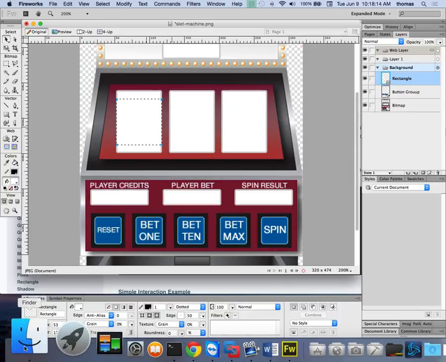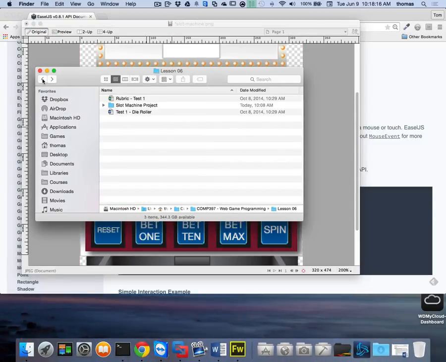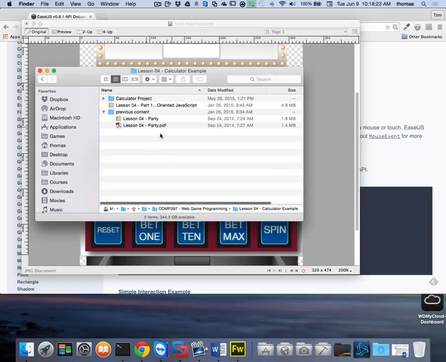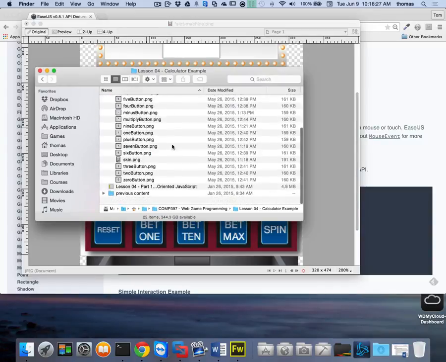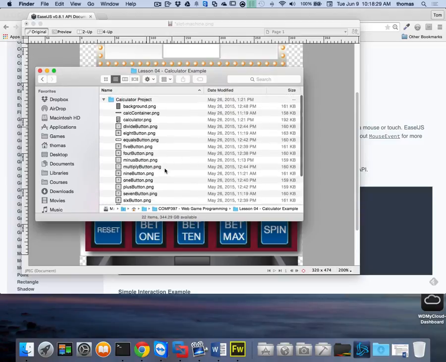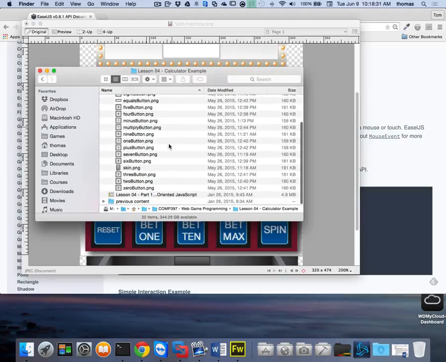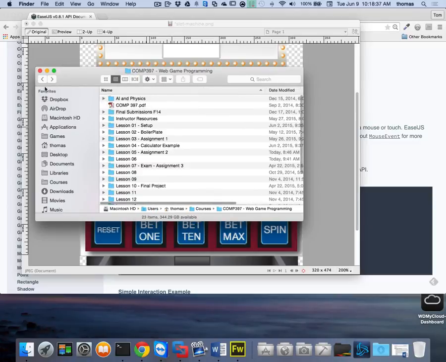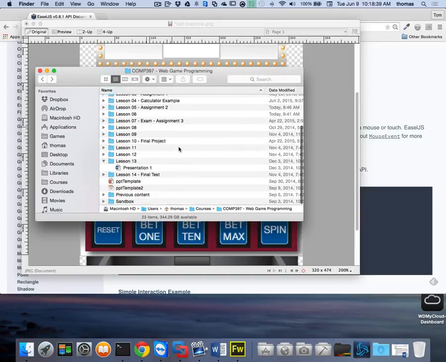Now, if you remember what we did last time when we were putting together that calculator idea, I'm going to go back to the calculator example. In my calculator project I did the same thing. I need to record everything in an Excel sheet or some kind of notes, so you can record the positions of everything. That's important to do. So going back to my